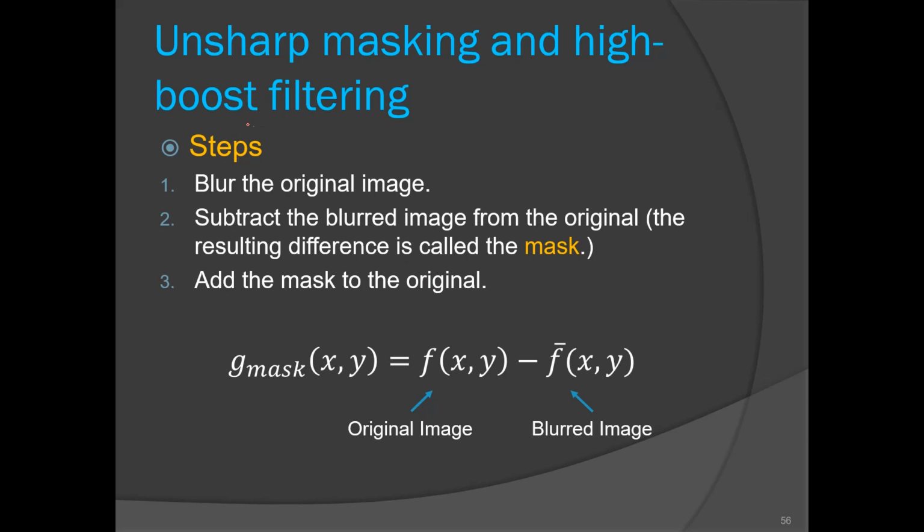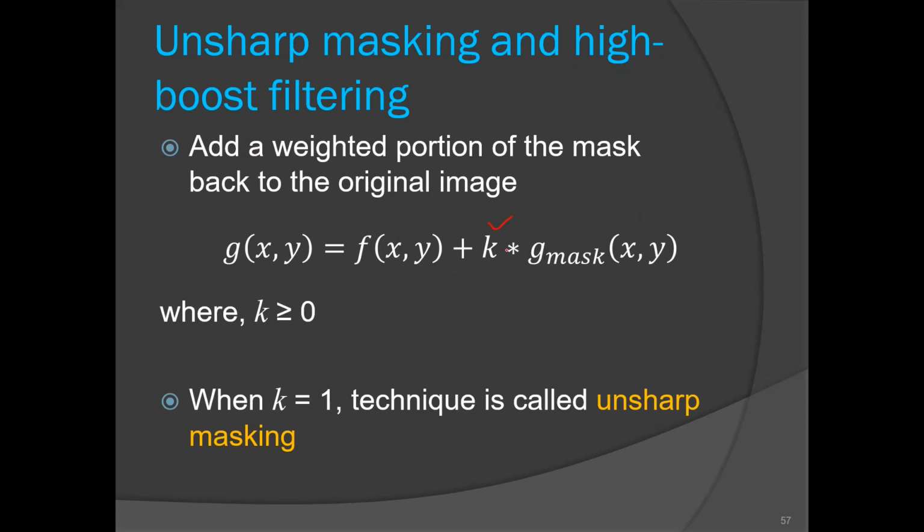Then in spatial domain, we have discussed unsharp masking and high-boost filtering. The idea was to subtract the blurred image from the original image to get the detail image, just like a Laplacian image. So we are blurring the image, and then subtracting it from the original image, so we get an image which will contain the edge details. And this we can add to our original image, with some scalar. Multiply that mask by some scalar, and add it to f of xy.